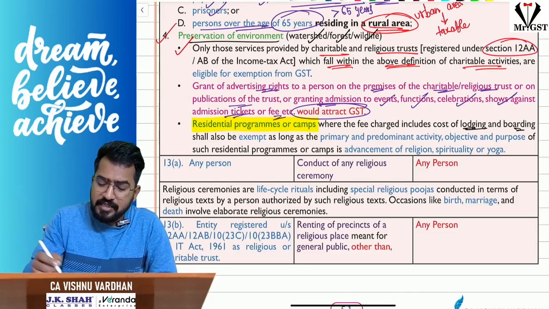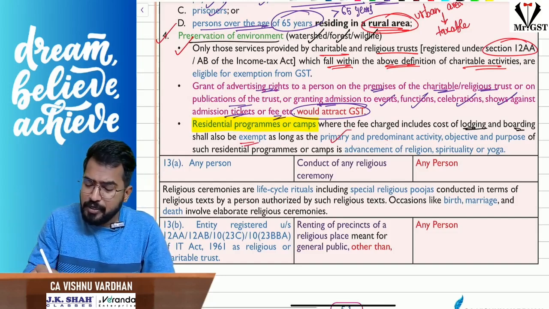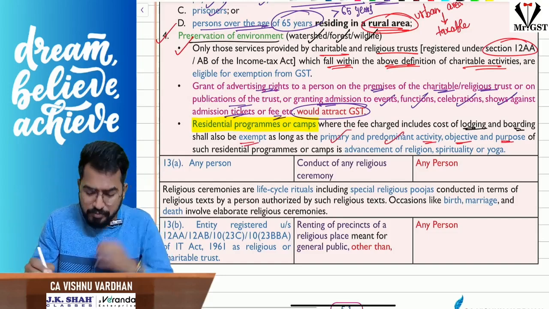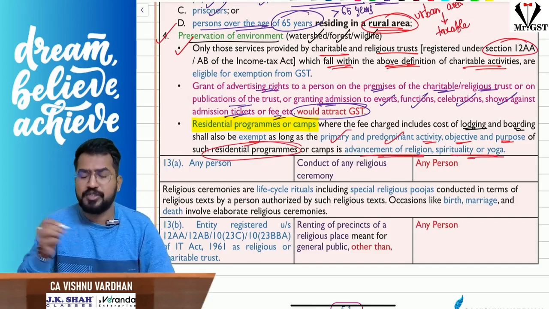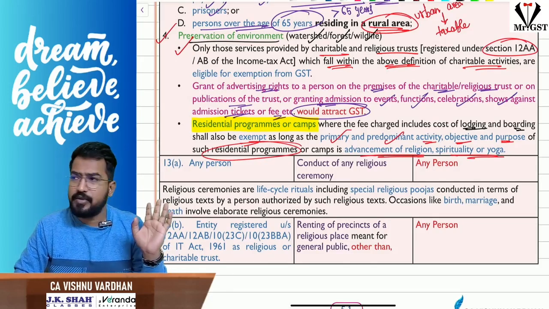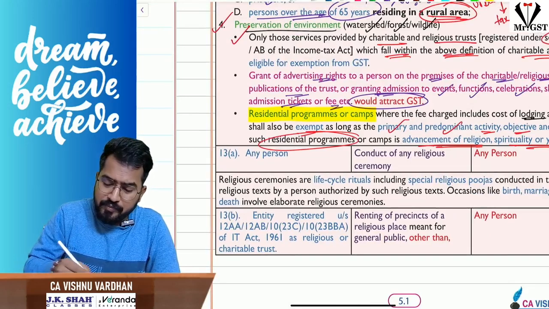Whether it will be exempt or not, yes, the answer is exempt, because the primary and predominant activity or objective or purpose of such residential program or camp is what? Advancement of religion, spirituality or yoga, right? So that is why it is also exempt. No, sir, I am going there and separately if they are providing any